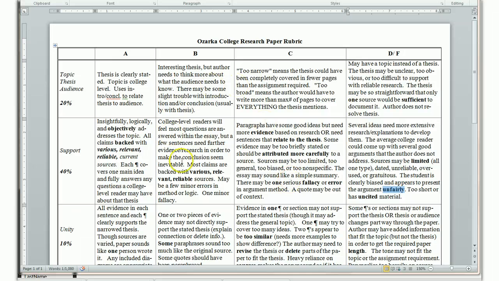And so I wanted you to have a chance to look at that, because when you're objective, you're much more likely to get an A for support. So you have to sound objective throughout your paper. So one of the things that I want you to look at is, would you say your paper is too narrow or too broad? Do you think that you've got a topic instead of a thesis? Or is your thesis so straightforward that only one source would have been sufficient to document it? If all of those describe your paper, then you can make a pretty good guess at what grade you're going